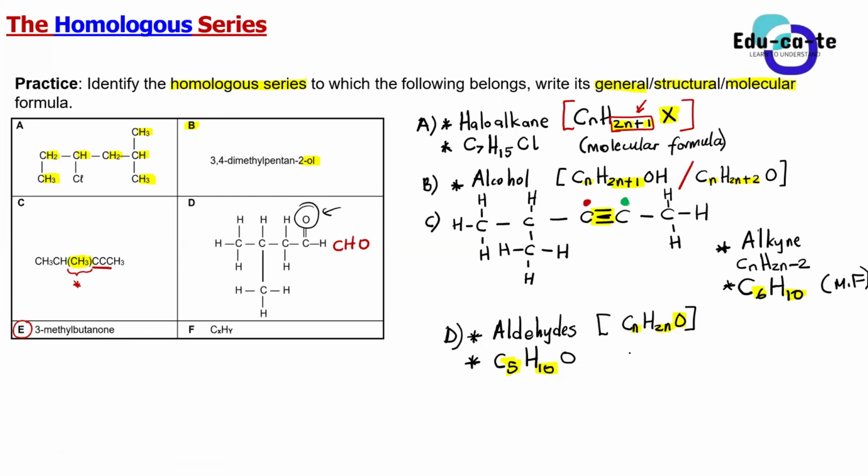Okay, quickly, guys, before we get to a break, E. Give me the homologous series to which E belongs. It's a ketone, sir. What's the reason for that? It ends with ONE. Yes, it ends with an ONE at the end. So you look at the name. When you're provided with a name, you look at the suffix of the name, or the last part of the name. The last part of the name is ONE. So this shows that this is a ketone.